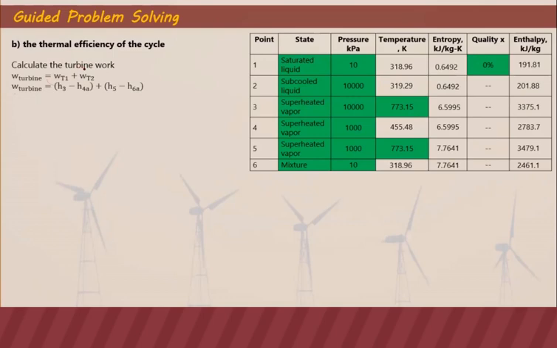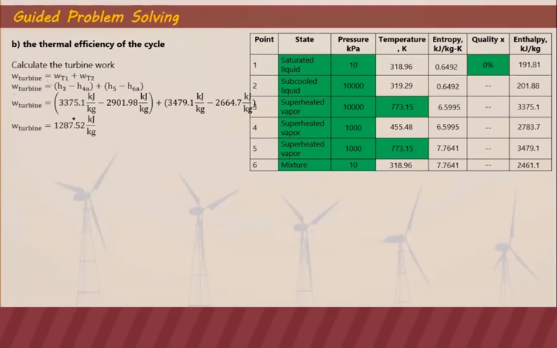Our equivalent turbine work is H3 minus H4A plus H5 minus H6A. These are the different points at the turbine inlet and exit. Since we already have H4A, H3, and H5, we just substitute all the values. Our work of the turbine is